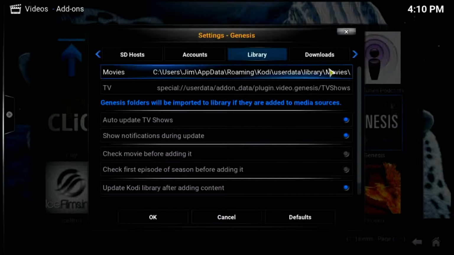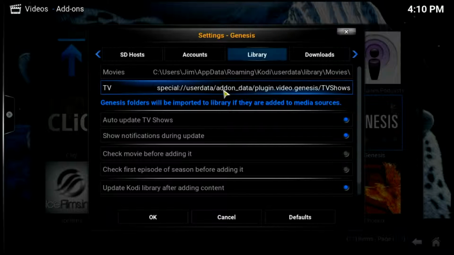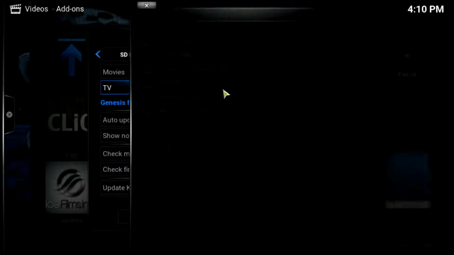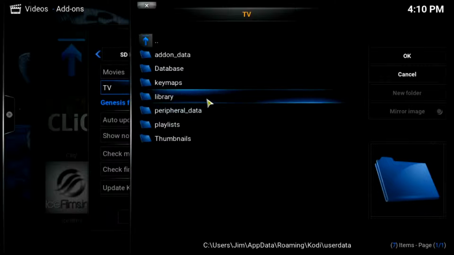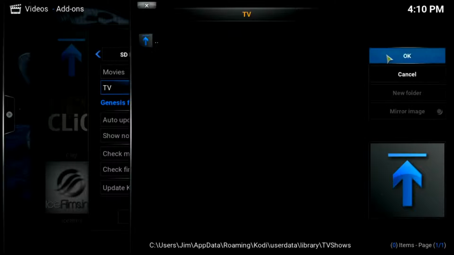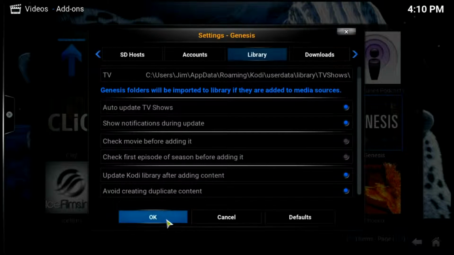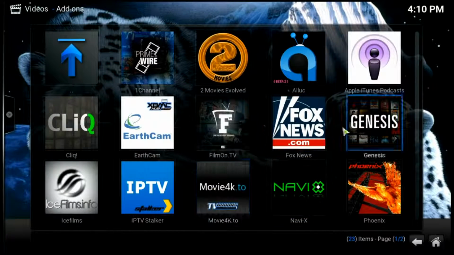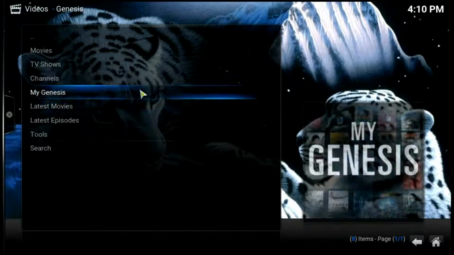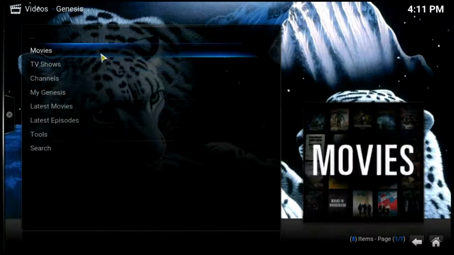Now this would be a little different if you're on an Android device. This is the way we do it in Windows though. So let's do it for TV, home folder, user data, library, TV shows, and okay. So we're ready to go there. So let's go ahead and go into Genesis, and we'll just add a few movies here and a few TV shows. And of course I would come back and update this later,